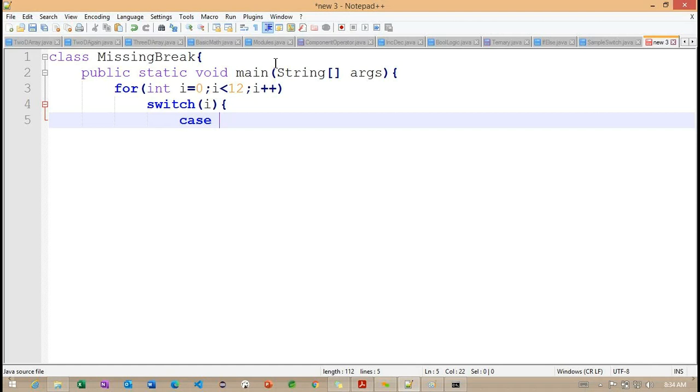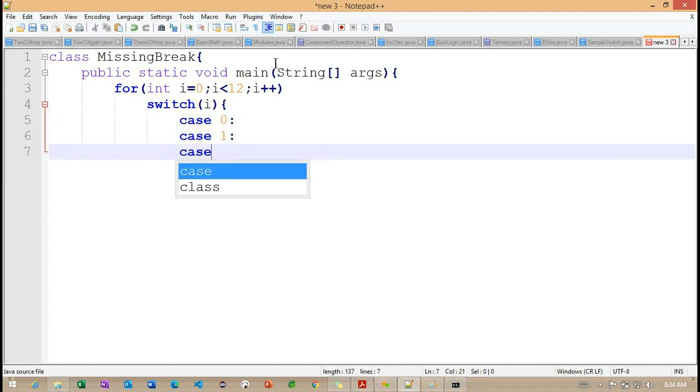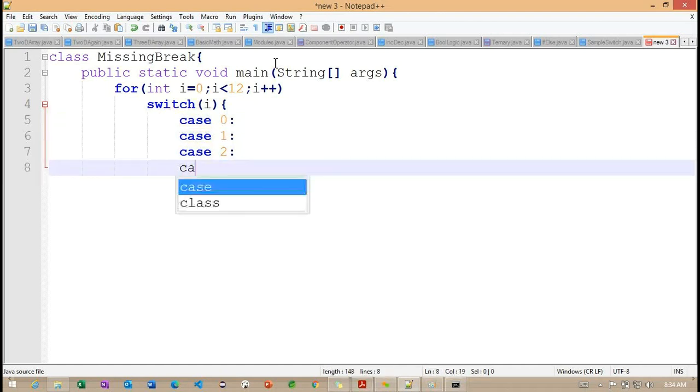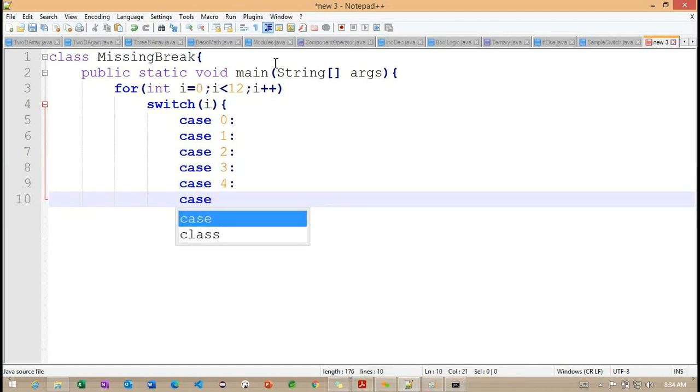Here I'm defining cases 0, 1, 2, 3 and 4.